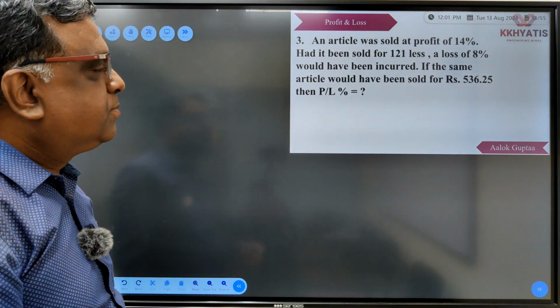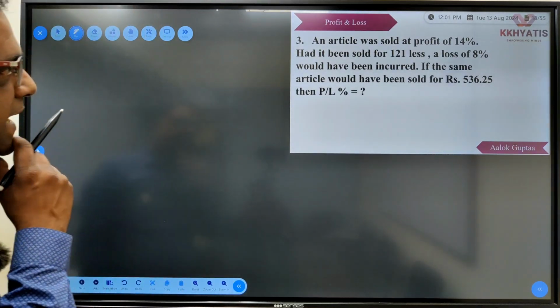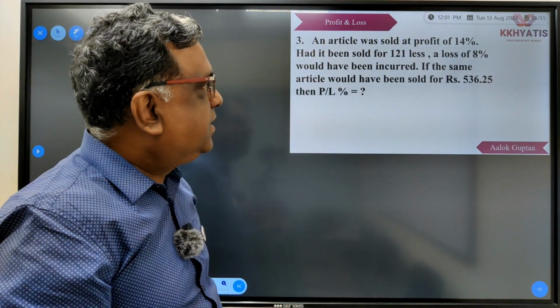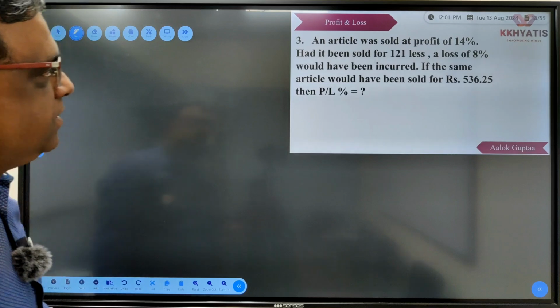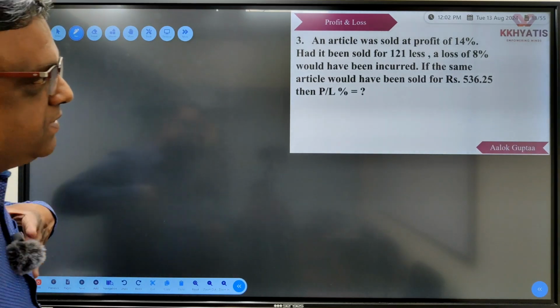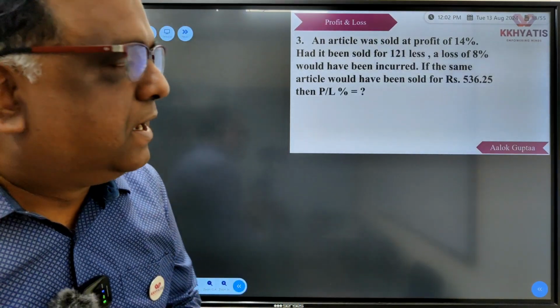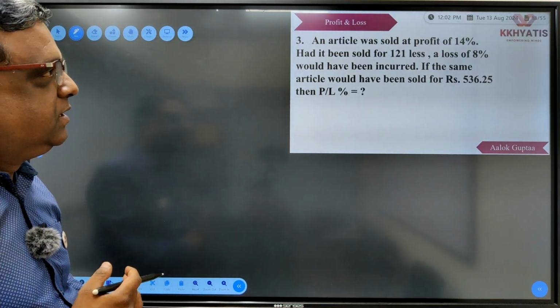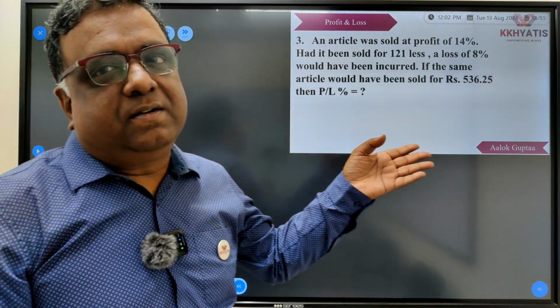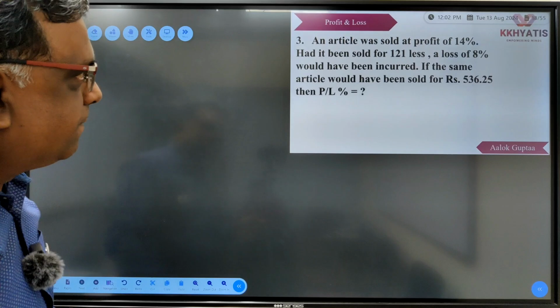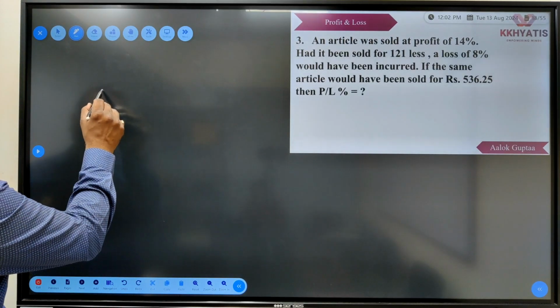An article was sold at a profit of 14%. Had it been sold for rupees 121 less, a loss of 8% would have been incurred. If the same article would have been sold for rupees 536.25, what is the profit or loss percentage? Again, this is a very classical example of giving one scenario and then finding the value of CP, SP, profit or loss in the second scenario. So in case 1,